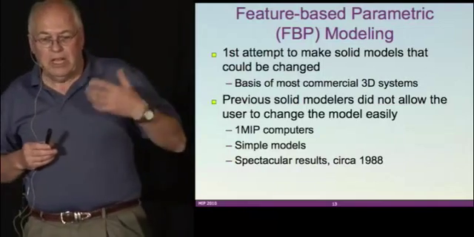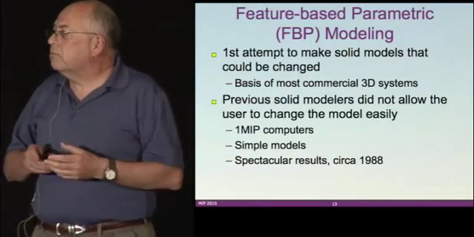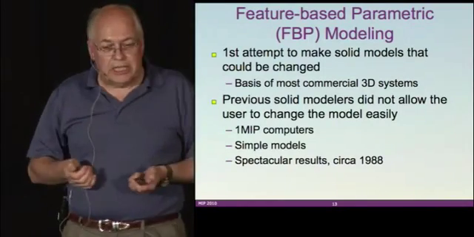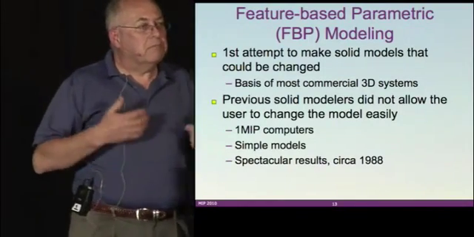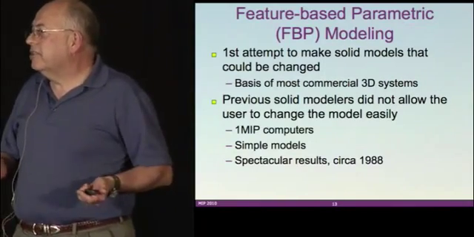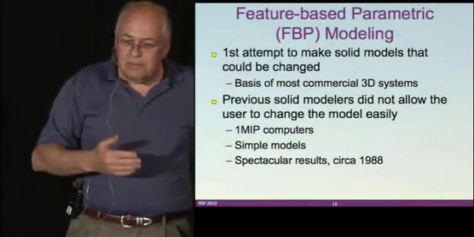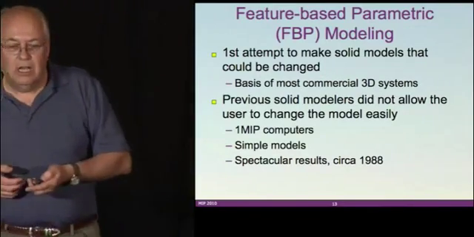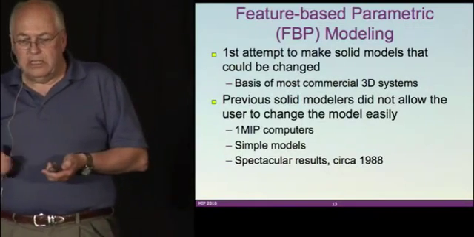Feature-based modeling. The first attempt, we all know, was ProEngineer. And the breakthrough was to make models that you could change. And the original slides about ProEngineer said it was Lotus 123 for engineers, and hence the name ProEngineer. And in the end, the people who use it today are the CAD professionals, not the engineers, as we'll talk about in a bit. That's if my clock doesn't run out. And it's the basis of most systems that are out there today.